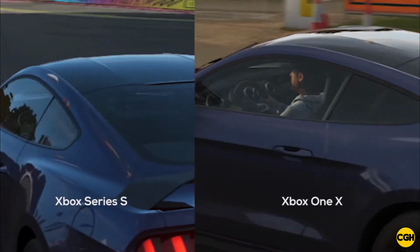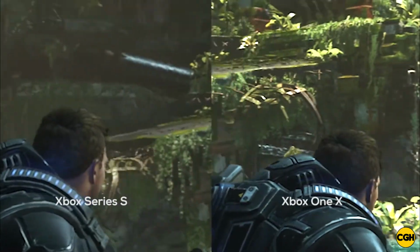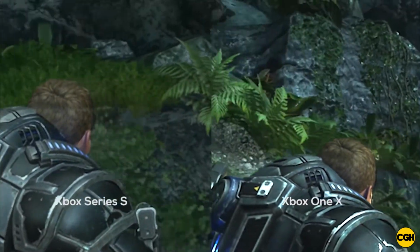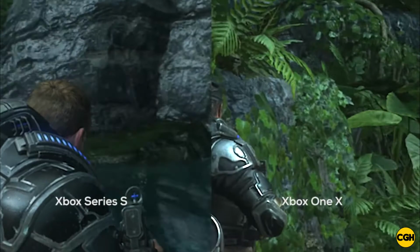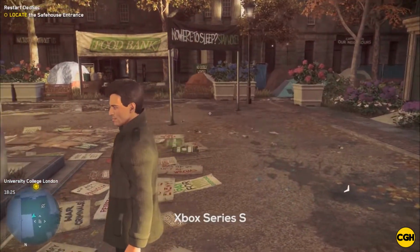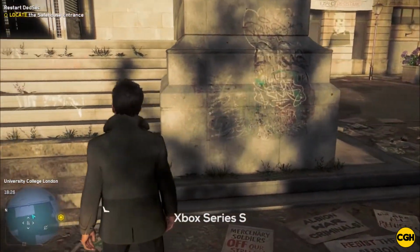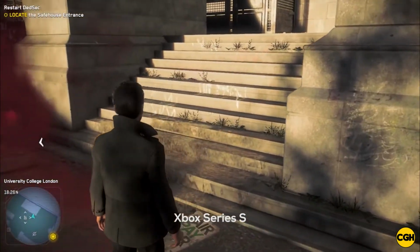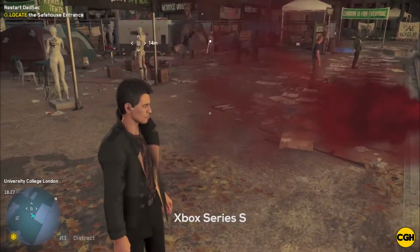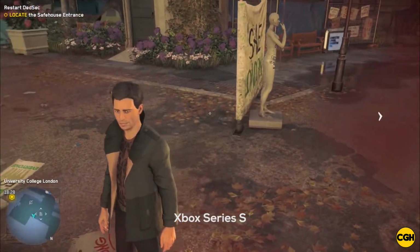Xbox Series S design. Looks great when placed horizontally or vertically. Can comfortably fit into any setup. The console and controller look great in white. While the hardware powering the Xbox Series S is brand new, the design of the Xbox Series S is a little reminiscent of the now discontinued Xbox One S All-Digital Edition. The Xbox Series S has a distinctive black fan vent, almost like a speaker grill, on the top that breaks up the swath of white which encases the rest of the console, and it's where the majority of the heat